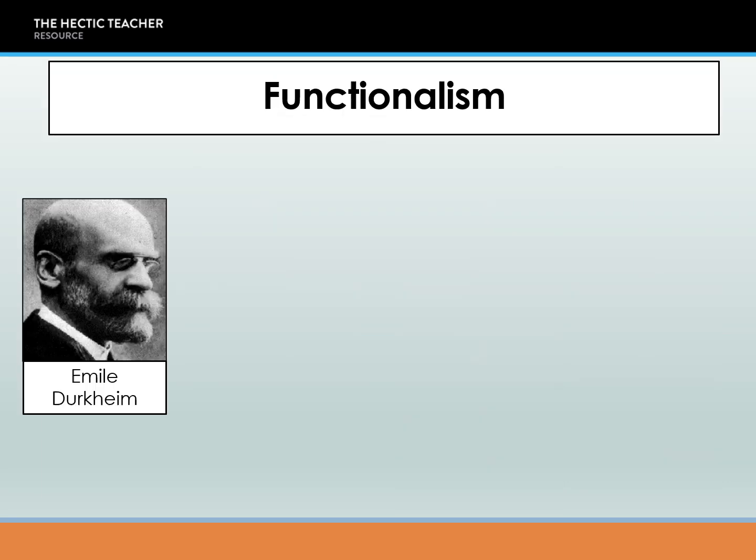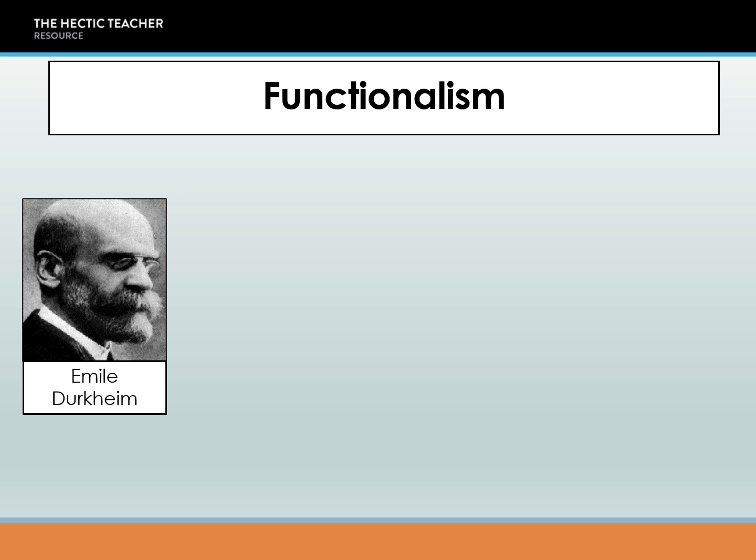Okay, so functionalism then. This is our first perspective. It's also considered the premiere of the sociological perspectives, and it was put forward initially by Comte, but wasn't given the name functionalism by Comte. Comte just talked about sociology as a discipline, and it was only under Durkheim and his contemporaries, Marx and Weber and so on, that we start to see these schisms appear, where different perspectives develop. So Durkheim